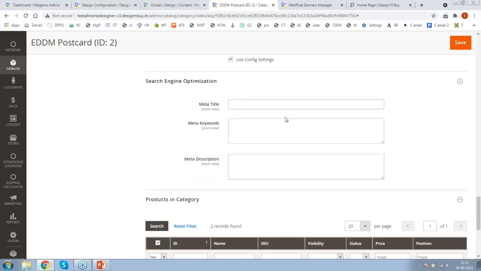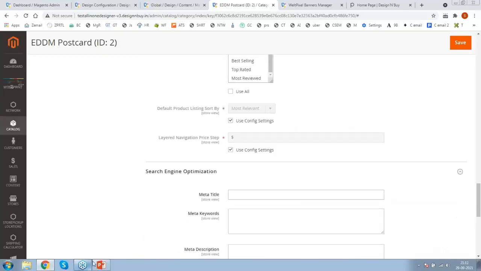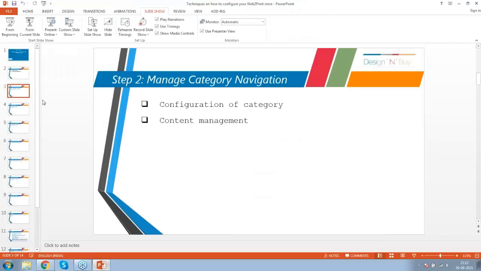Also, as I stated earlier, category level SEO can be conducted over here, whether it's meta title, keywords, or the description. So this is how your catalog category content, image, what you want to call, whether it's products only, whether it's a static content, you can define with the help of category management. Then